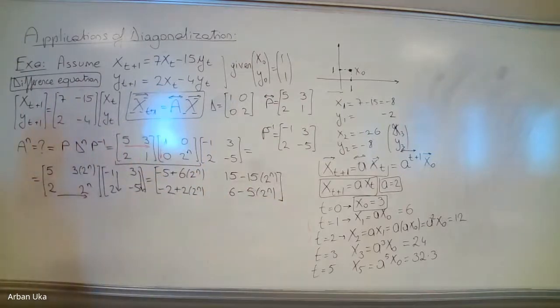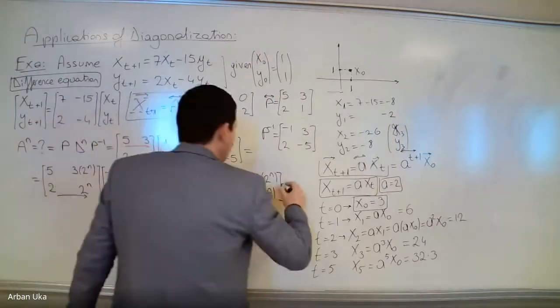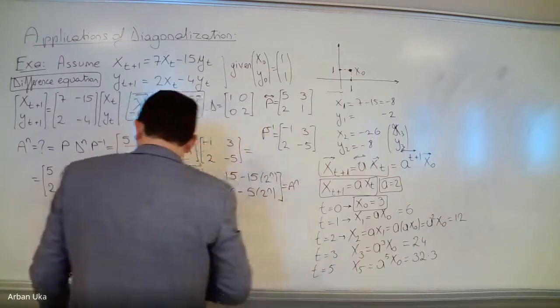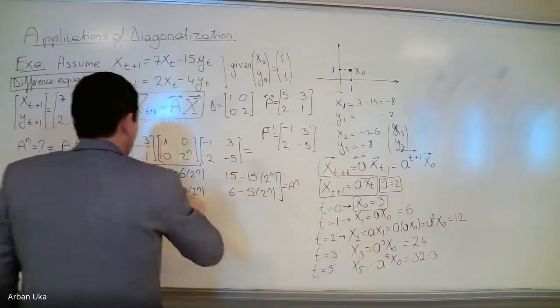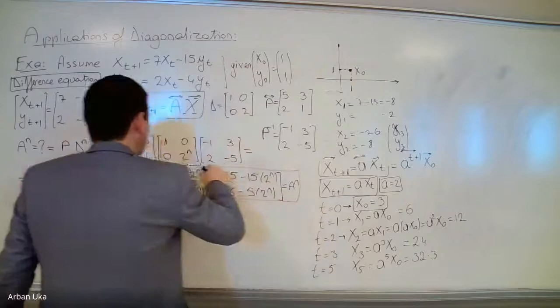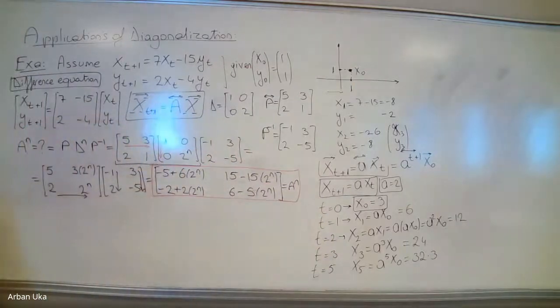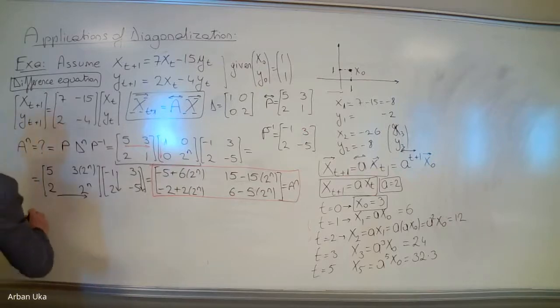Okay, so if this is A to the power n, this is what we are looking for. This is A to the power n. So we can write this one simply like this. Okay, we found A to the power n. The A was diagonalizable, so it was easy for us to move forward with this. And then let's see what is x_t, or x_n. Let's consider this one. What is the vector